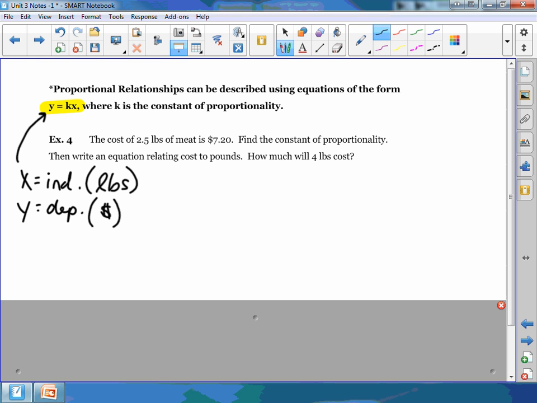Yeah. No, I agree, and that's exactly kind of the way I was going to word it. When you talk about an independent variable, it is not impacted by the other, okay? So when you look at this particular example, I always say to my kids, if you're not sure, then ask yourself this question. I've got two variables. I've got pounds and I've got dollars. Does the price depend on how many pounds of meat were purchased? Or do the pounds of meat purchased depend on the price, the overall price? If you think about that second statement, it might be a little confusing because it's not necessarily true. The first one is true. The cost depends on how much you buy.